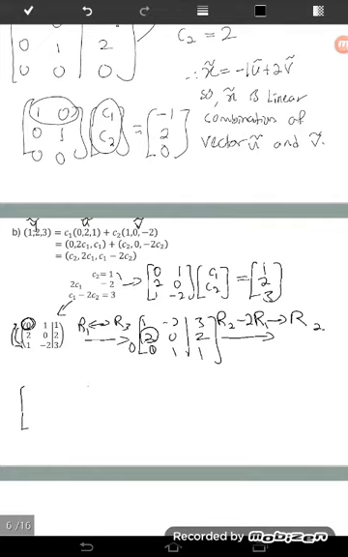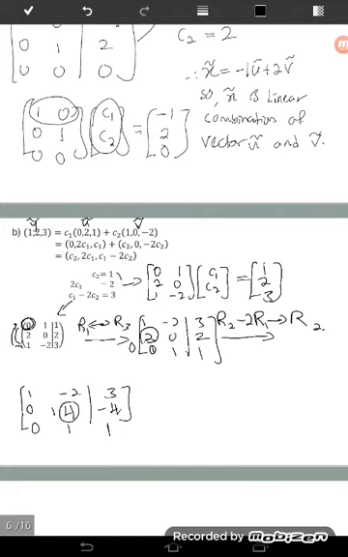So we have here, okay, 2 minus 2 times 1, which is 0. Okay, so 0, and then 0 minus 2 times negative 2, which is 0 plus 4, so 4. And then 2 minus 2 times 3, so 2 minus 6, which is negative 4. The third row we didn't change, so 0, 1, 1. And then make this one become leading 1.